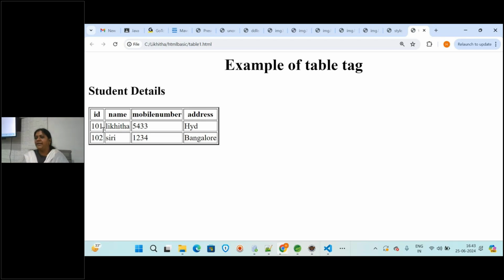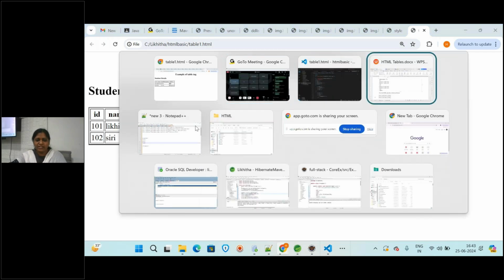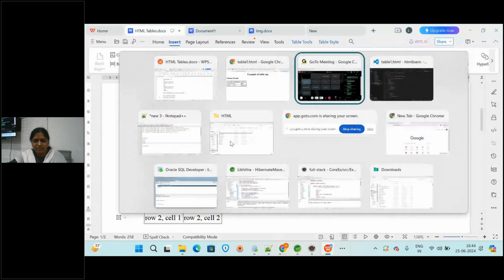So what you will be getting by this, how much space you want between the two cells, means here in between this cell and this cell you have some space, right? So how much space you need, and how much space you want from the text to the end of it. Those things also you can give by using the attribute cell spacing and cell padding attributes. Okay, is it clear everyone, online students? Is it clear to everyone?